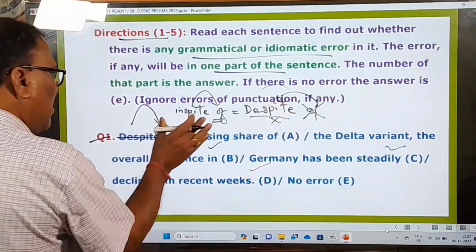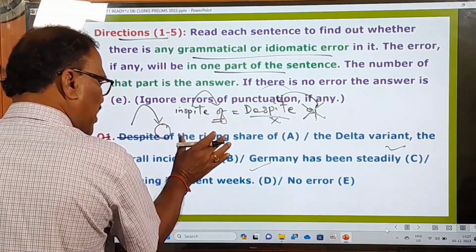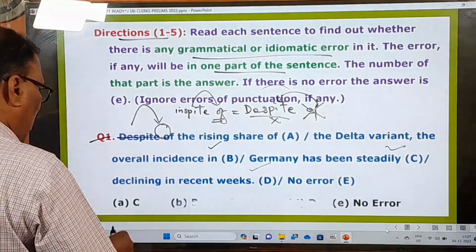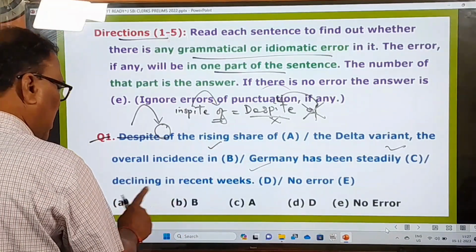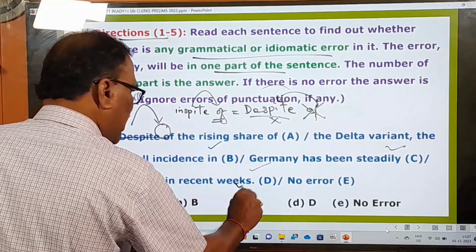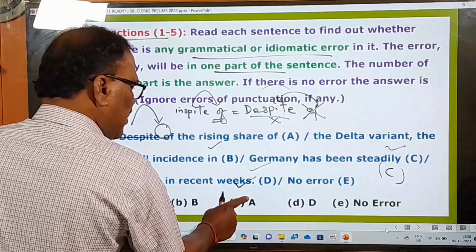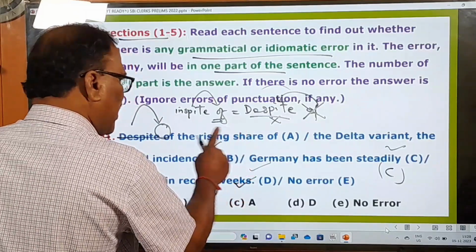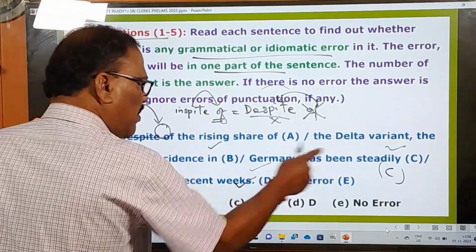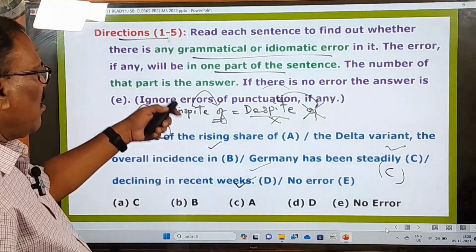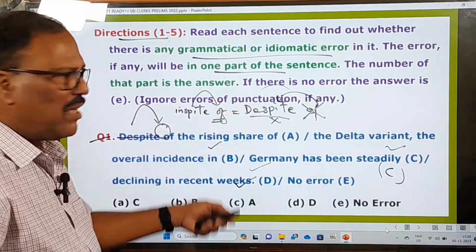In the first part of the sentence there is a mistake, and that's why this is going to be the answer. So what are the answer choices given? C, B, A. So the A part is this A, so C is your answer. The A part has a grammatical error, so C is your answer. That is how you have to answer. Now you can understand this. Please keep this point in your mind. Now let's move on to the